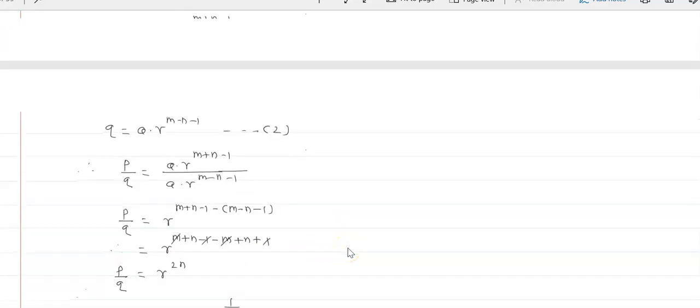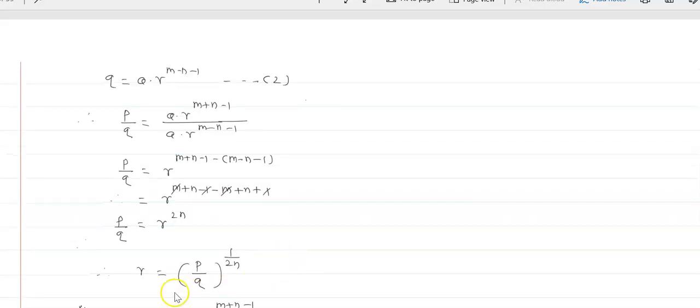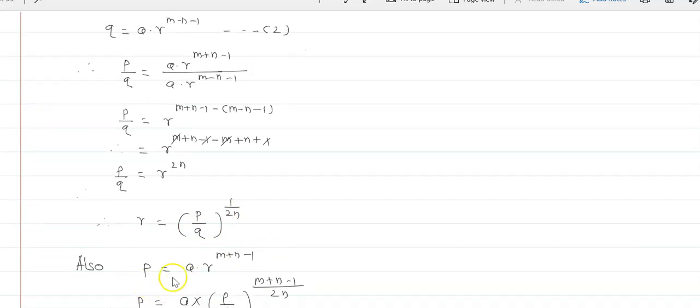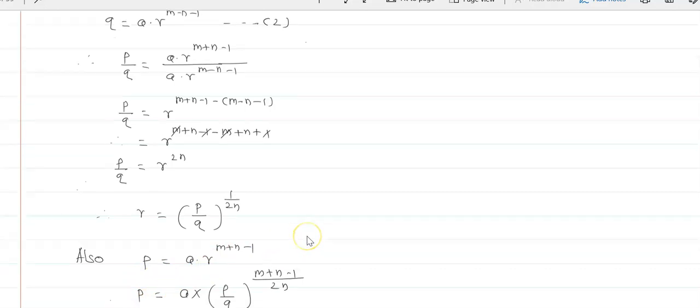Now take the ratio p upon q; a gets cancelled. Then you will get p upon q is equal to r raised to (m plus n minus 1) minus (m minus n minus 1), and therefore you will get p upon q is equal to r raised to 2n. Therefore the value of r is equal to p upon q raised to 1 upon 2n. Also p is equal to a into r raised to m plus n minus 1, and